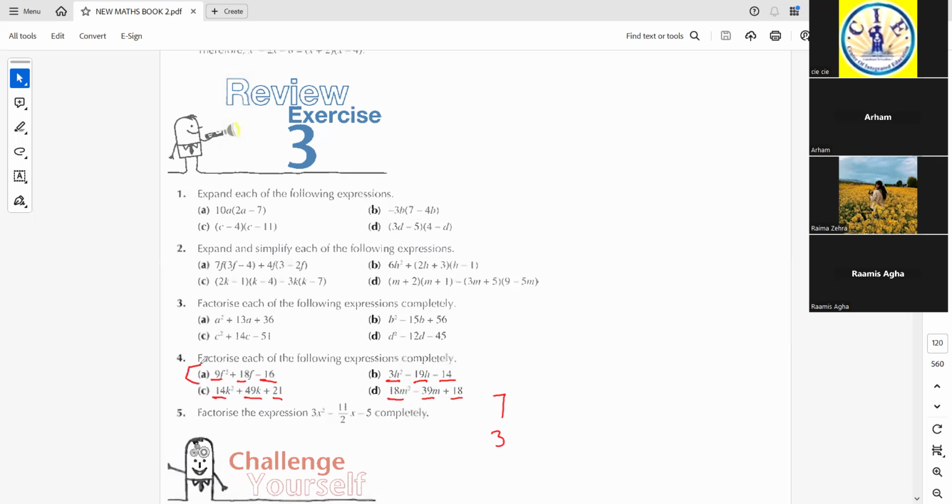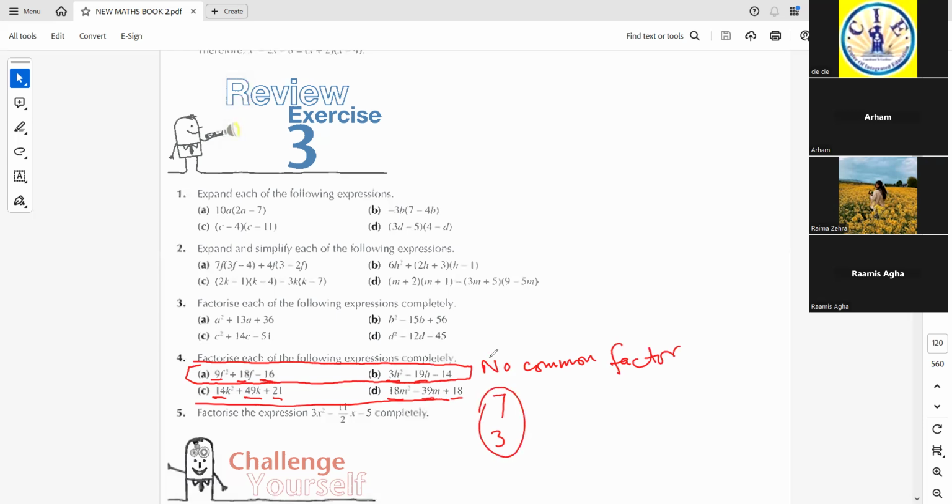One are these in which you cannot take something common. And these are the two parts in which you can have some common factor like this. Okay, so I will be discussing each type separately. Let me solve first of all,